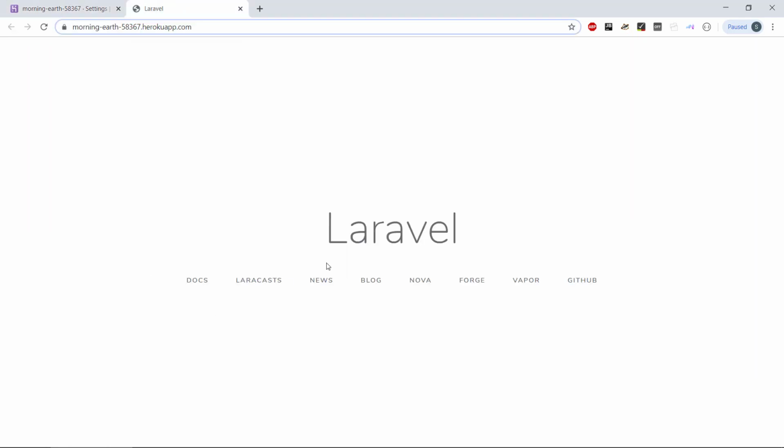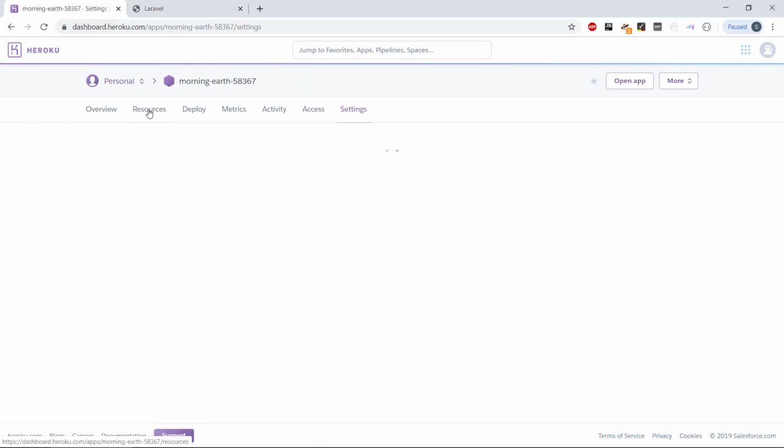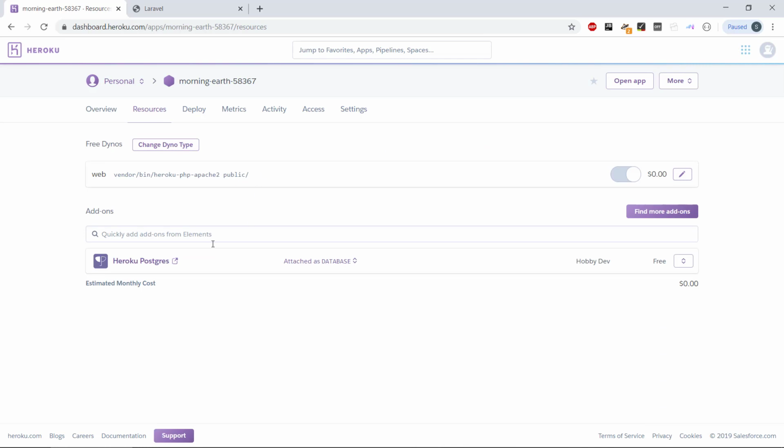Now we don't have authentication or registration there, but we could easily put this in here. If we want to take a look at how this really looks in the database, we can go on resources and the Heroku Postgres and click this little link there. That will take us to a kind of database administration page,